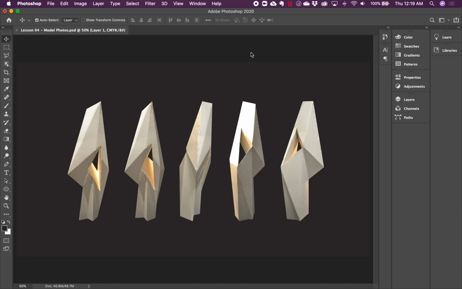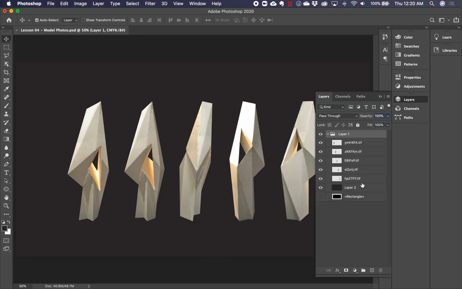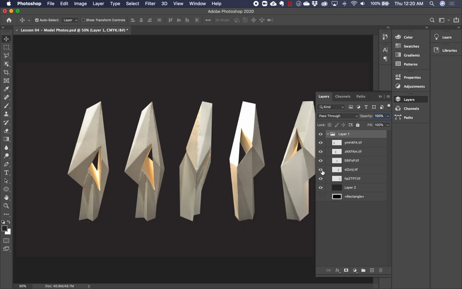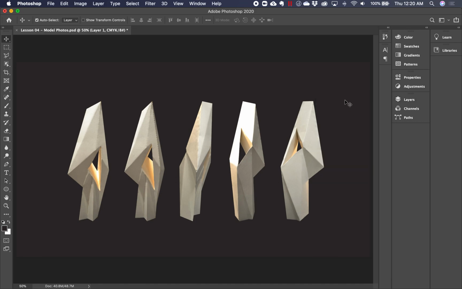All right, so I'm going to make an overall final composite. I'm going to start off with this image, let me see, go to my layers. It has the background, and in this one image, I have all these different photos of the model in different layers. And I also have